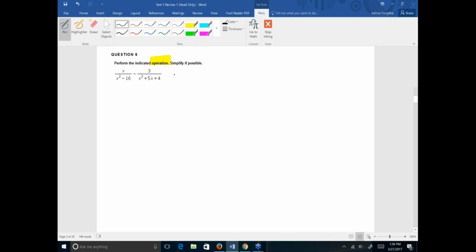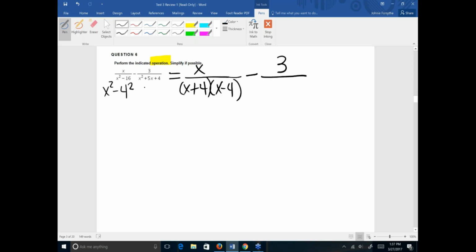So I'm going to just rewrite them here. So x over, let's factor the first denominator. This is the difference of two squares. This is the same thing as x squared minus 4 squared. So that would be x plus 4 times x minus 4 for that denominator, minus 3 over, now we need